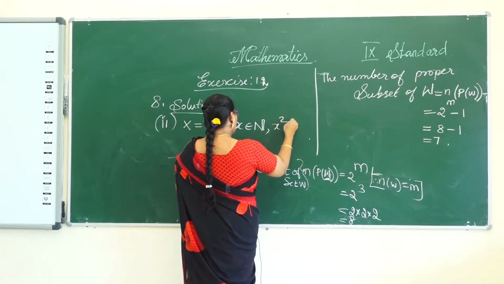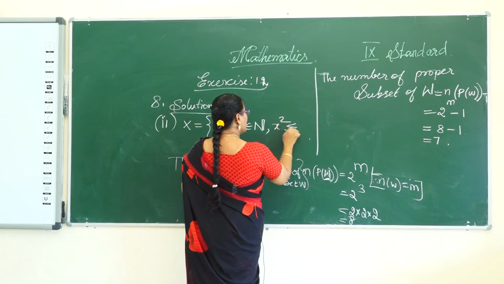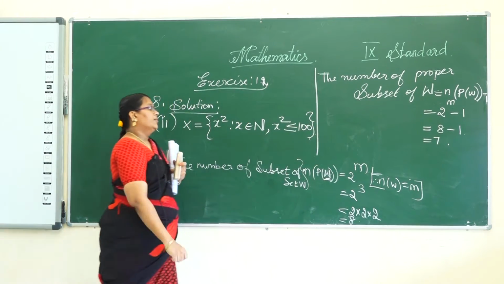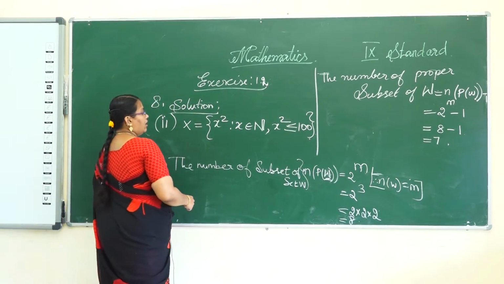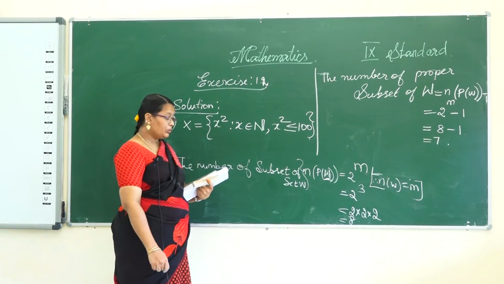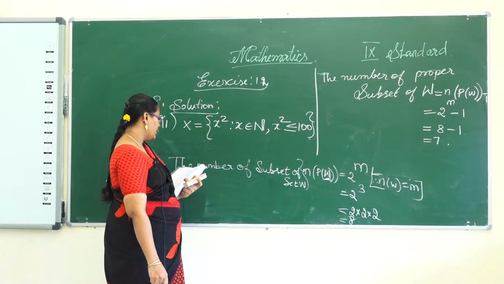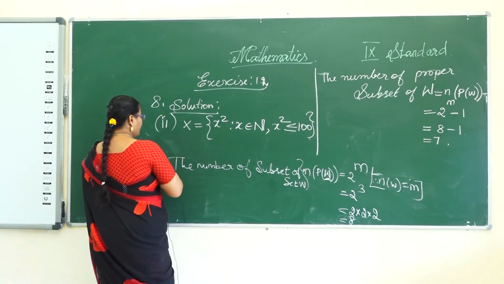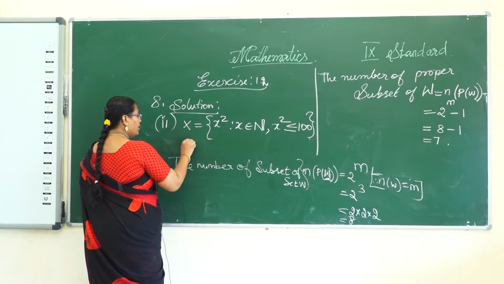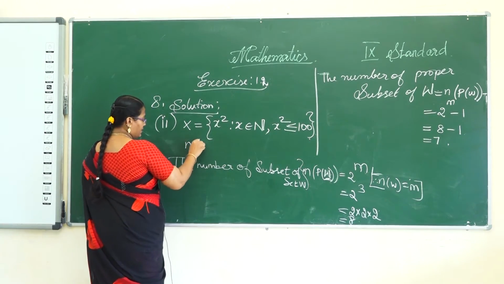Comma, x squared is less than or equal to 100. That is a condition. Okay. So as already known, the natural numbers start from 1, 2, 3, etc., going endlessly that side. So first of all write the number of elements in a set. So cardinal number of set X